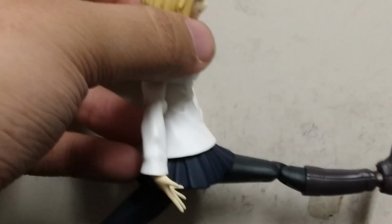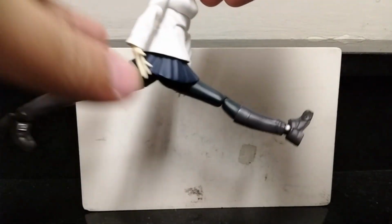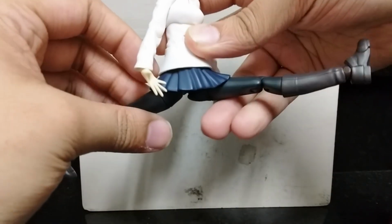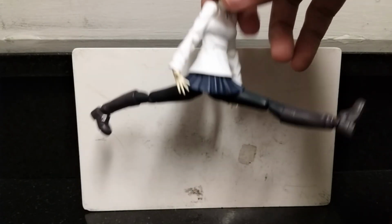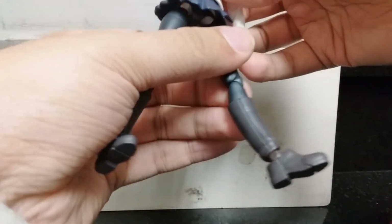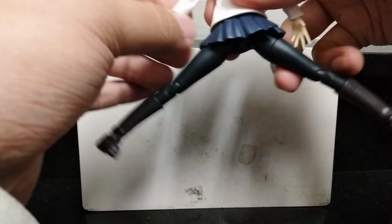Yeah, you get about this much, which is not bad. I'm trying to see if I can make it the same as it was earlier. Oh hey, that's pretty good. It's basically a full split. That's pretty cool. Front and back split. See what happens when you actually have the ability to kick backwards, Bandai? You can get figures that do this. And then going out to the side,